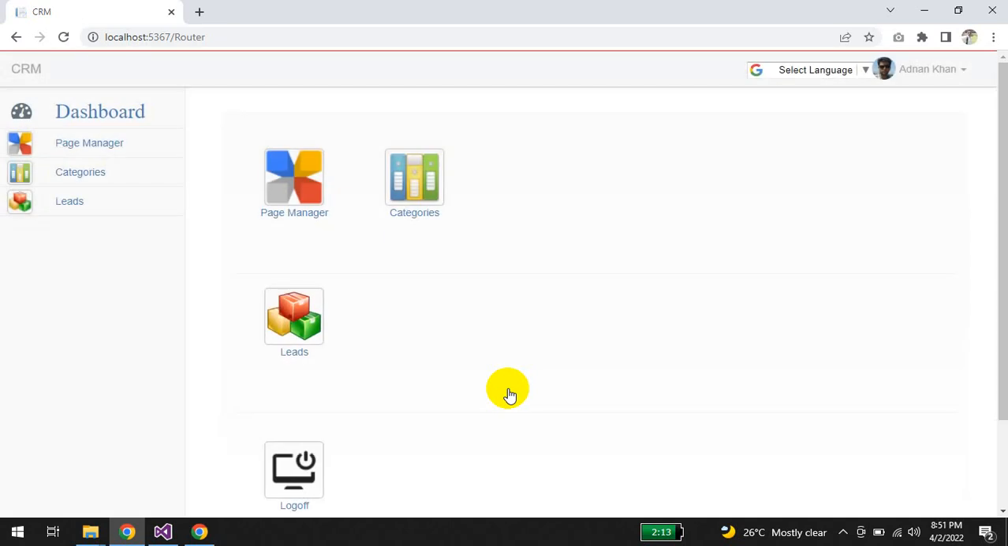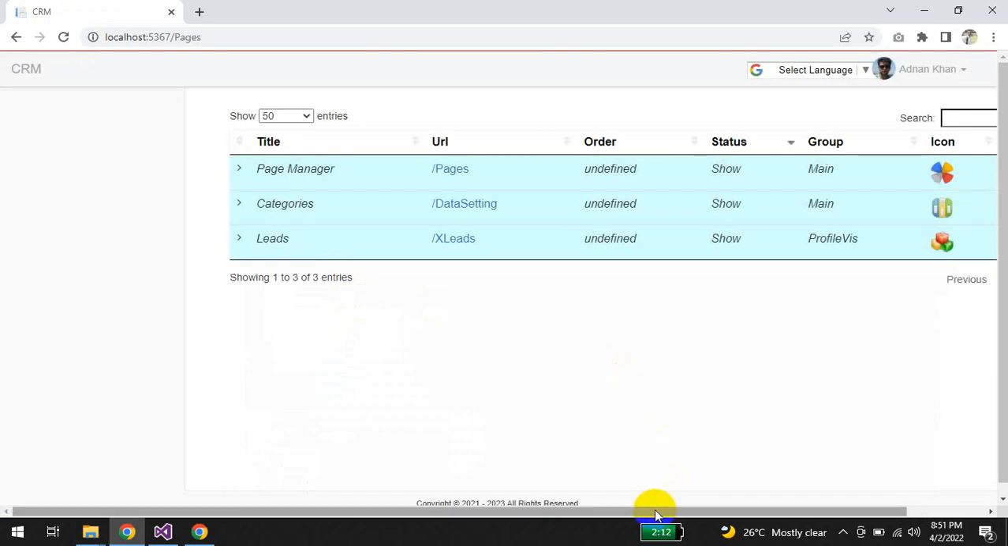In the router page, it's going to have all the modules which we create relevant to the CRM application. Okay, and here we have a few modules which we already added. One is a page manager, which will handle all the modules which we create in it. Okay, we're gonna click on this, and in this page manager,